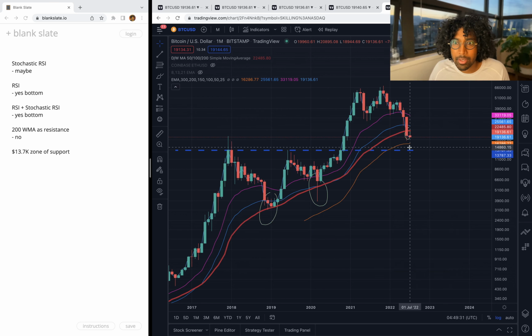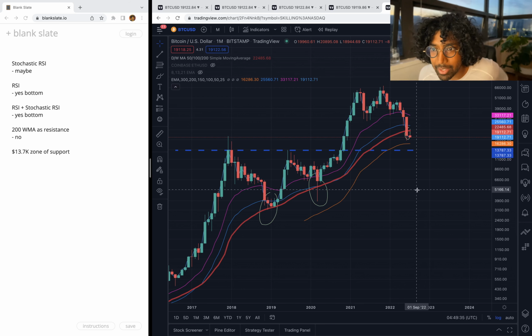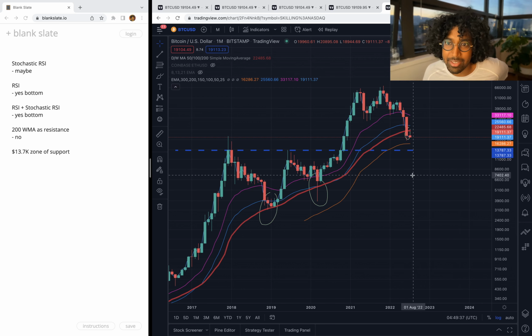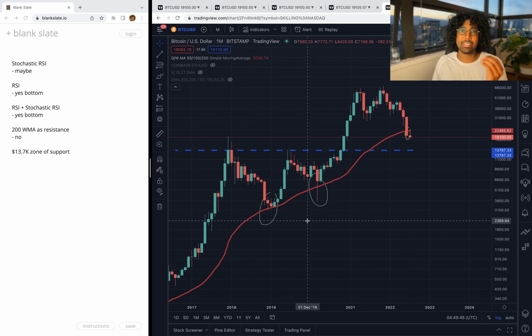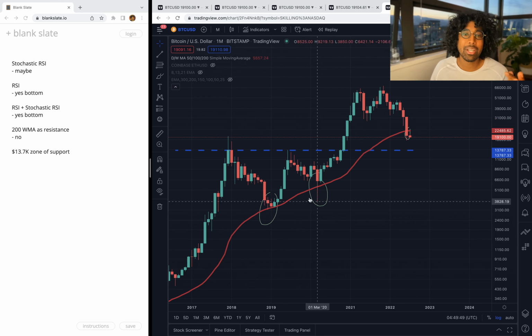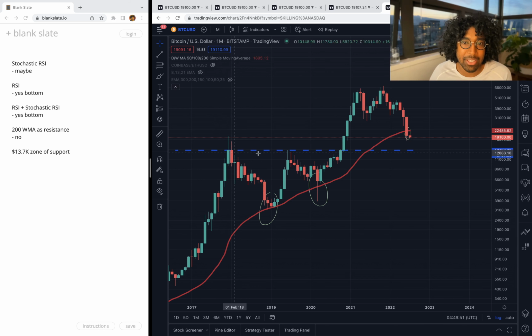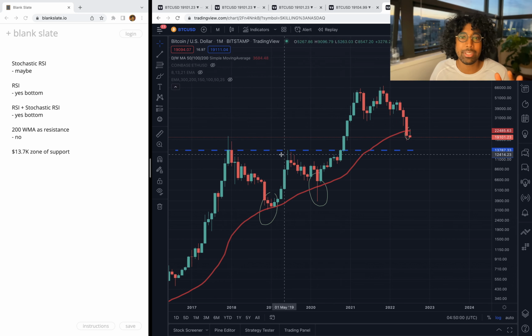Okay, so you see, the 300 week is at about, what is it, 16,286, right? So that's still above this 13,000 point. So you have to wonder, are people going to use the 300-week moving average as support, or are they going to use this massive candle body support system that's here? The support is over a long time, from 2017 all the way to 2020. So 3 years of support is right here. This is the next spot.